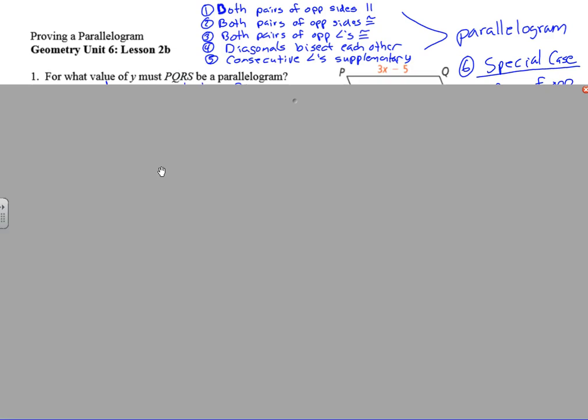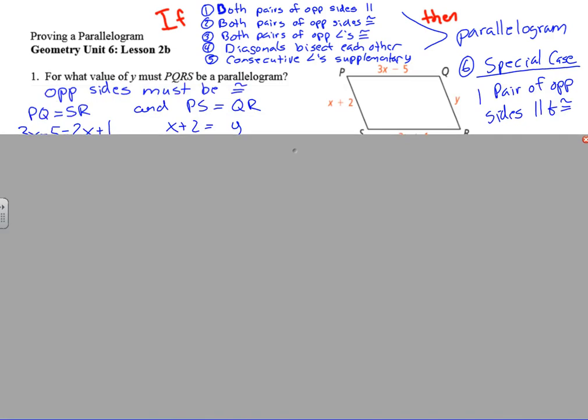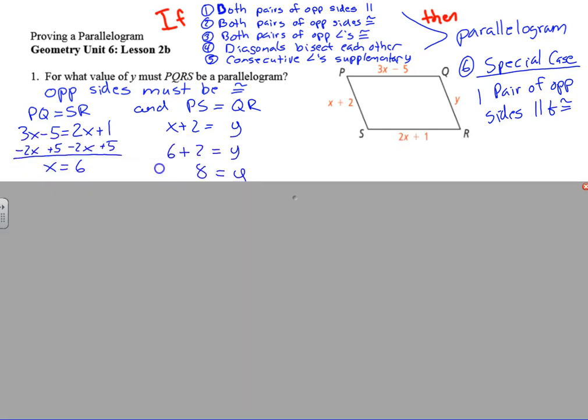So if we want to think about this from a reason standpoint, it's kind of like if any one of these, then we can make a conclusion that it's a parallelogram. All right, there is one special case, and that special case is one pair of opposite sides parallel and congruent. The key is it has to be the same pair that is parallel and congruent. All right, so we're going to work through now